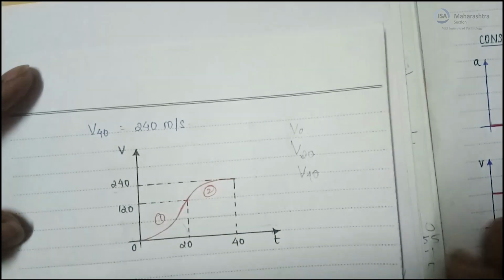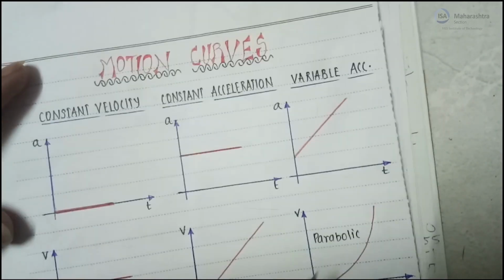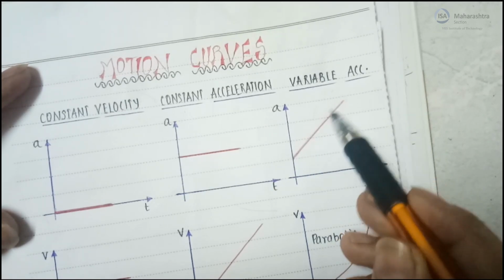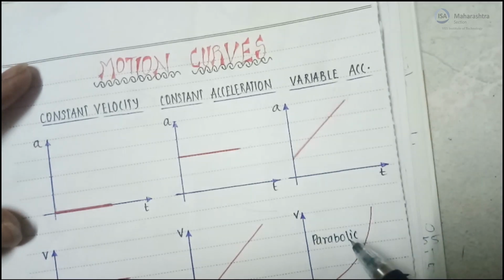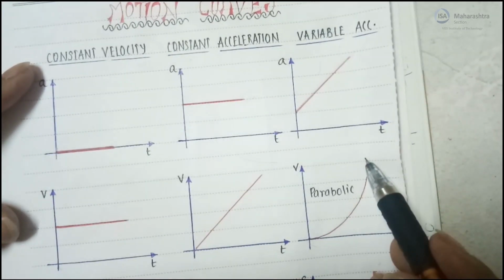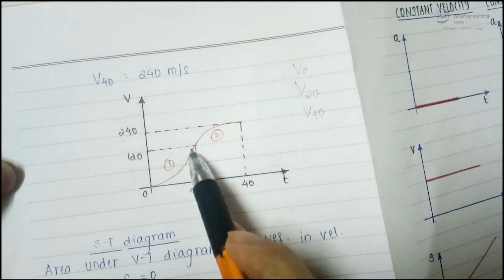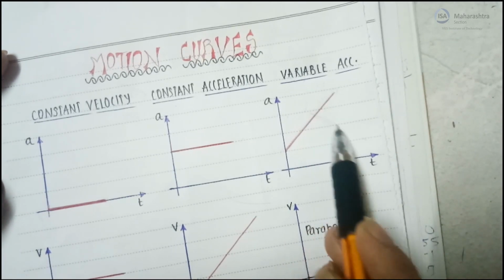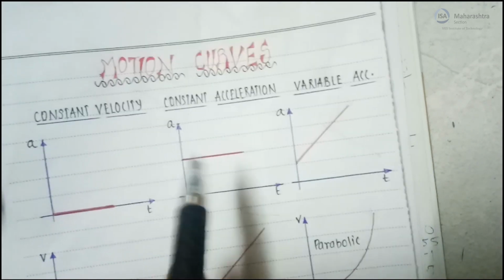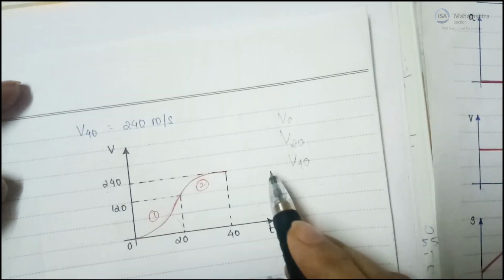Now how do we find which curve will come? We saw in the question that the acceleration time graph was this from 0 to 20. So the corresponding velocity time graph will be a parabolic curve, a concave upward parabola, so we draw an upward parabolic curve. In the question, from 20 to 40 seconds the graph was a downward straight line, so similarly you have to draw this curve downward.